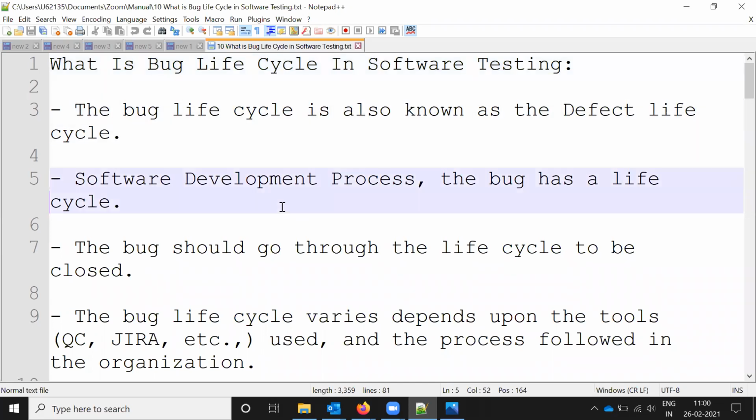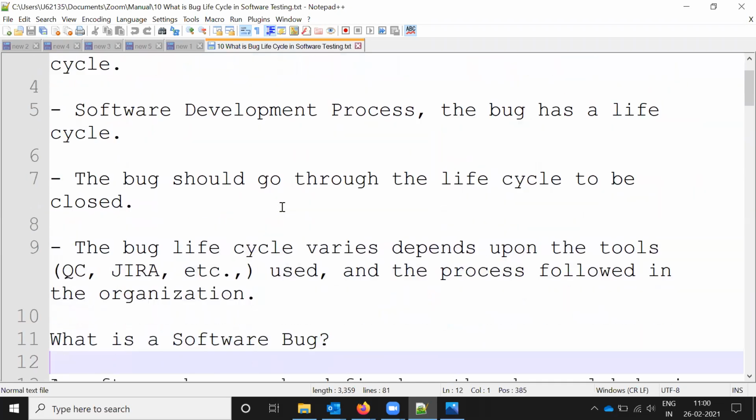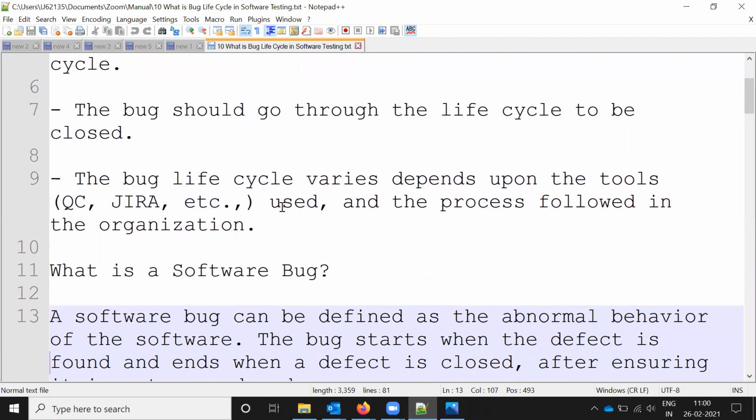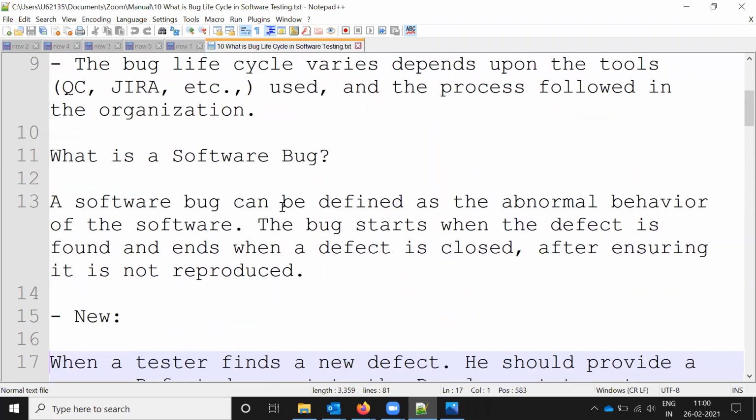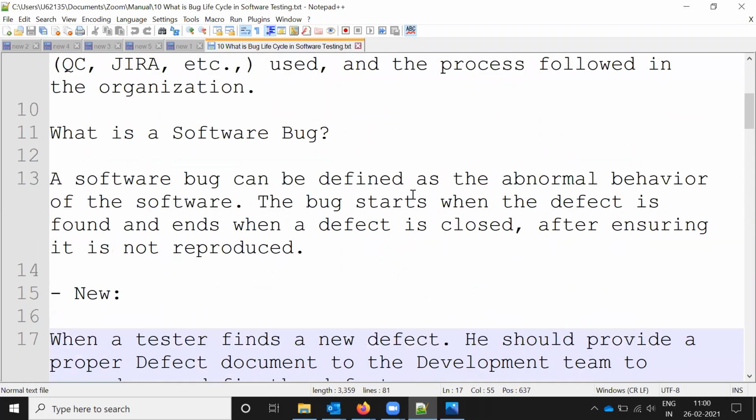Each tool has its own way: if you take QC, Jira, ALM, or TFS, it is presented based upon their organization flow. A software bug can be defined as an abnormal behavior of the software.